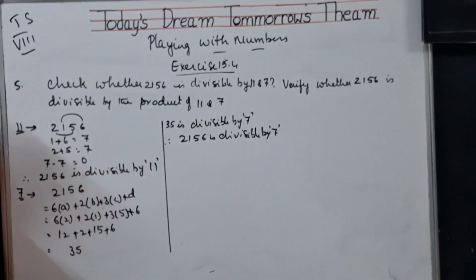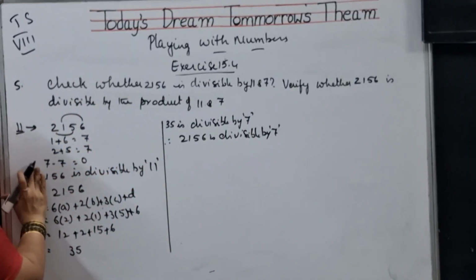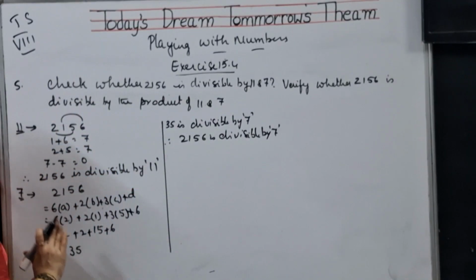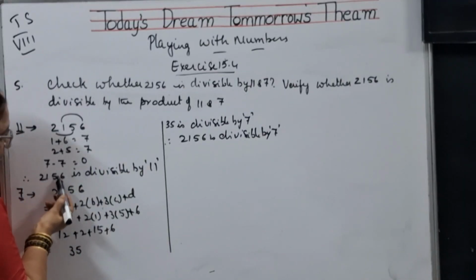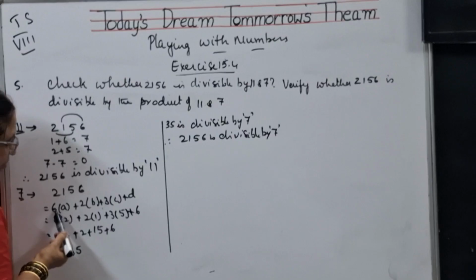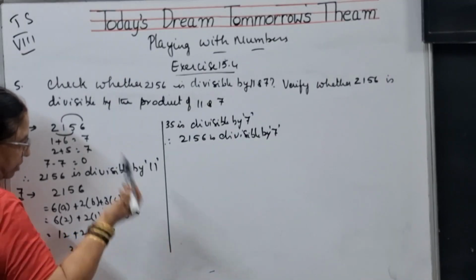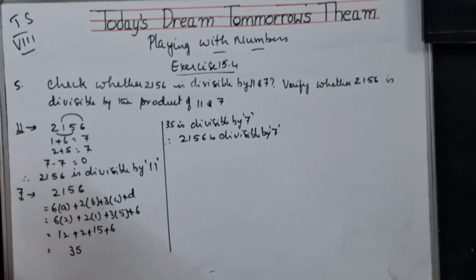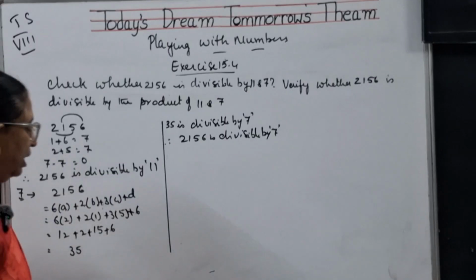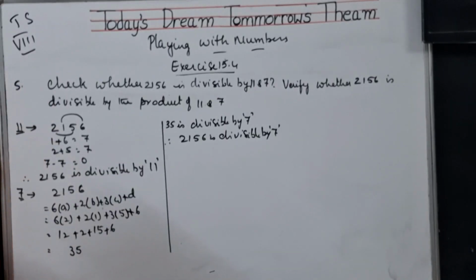See children, in the earlier case, 3 digits were there. 3 digits means 2a plus 3b plus c. Here 4 digits means a, b, c, d. That means 6a plus 2b plus 3c plus d. Use this formula, and if the number you get is divisible by 7, the whole number is divisible by 7. I have taught the divisibility property for 2-digit numbers, 3-digit numbers, 4-digit numbers,